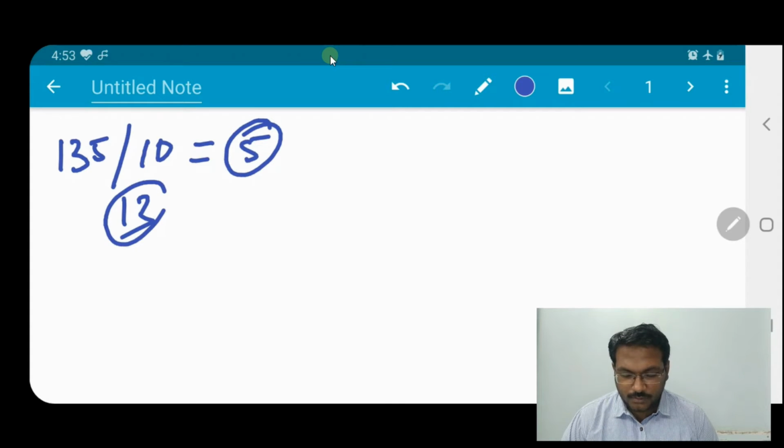So if you see it another way, if I divide 135 by 10, I get the last digit of that number as the remainder, and the quotient will be the remaining numbers except the remainder.